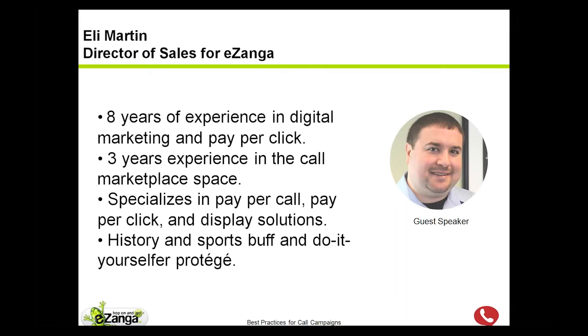What I found was that there are a lot of parallels, and I was able to use some best practices that I've taken from my years of experience in pay-per-click and display advertising, and really utilize that in the pay-per-call space. We'll get into a couple of reasons why a little bit down the road, and some of the best practices do parallel a lot. So if you have any history or knowledge in the space in my background, I think you'll find that a lot of it can be applied to pay-per-call.